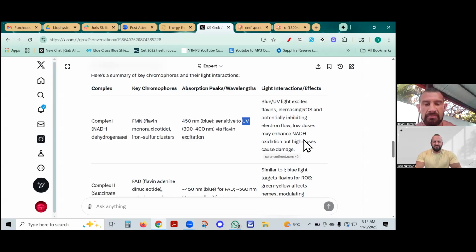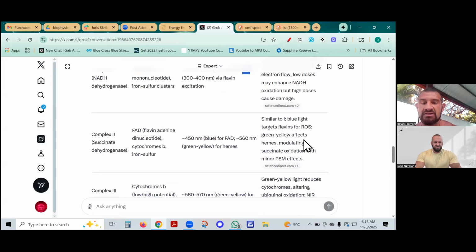So now we'll go to complex two. Complex two has to do more with fats and yellow and green. It does have a little bit of blue fade in there, but it starts to move up into the 500 frequency range, which is green and yellow. So when you say blue, green, yellow, is this what we see, or is this one that we just feel? These are ones we see.